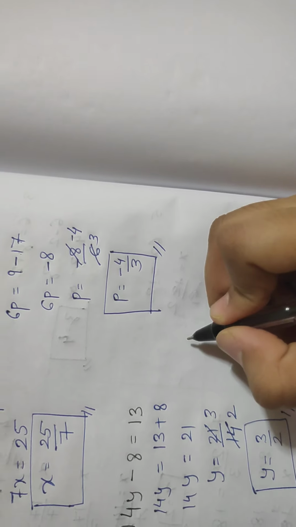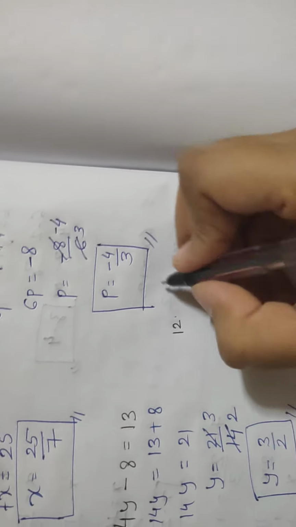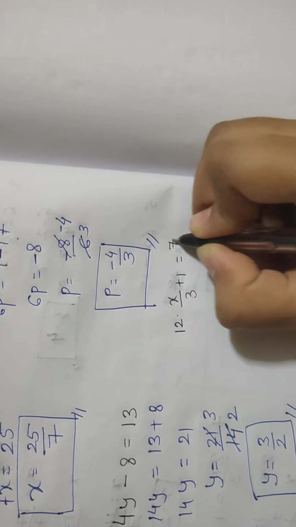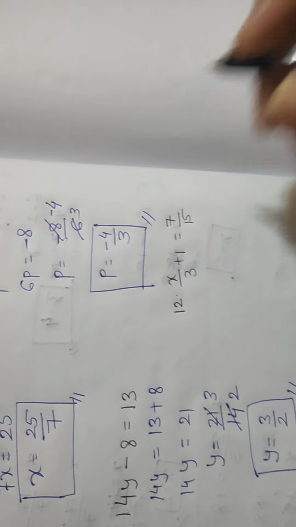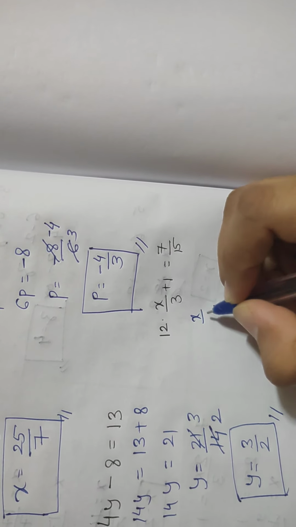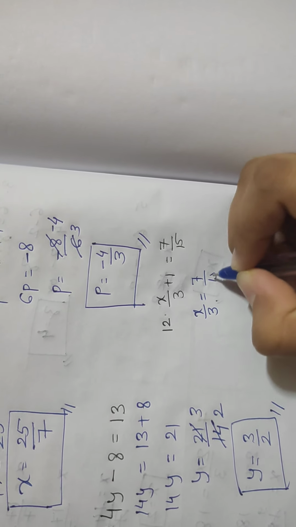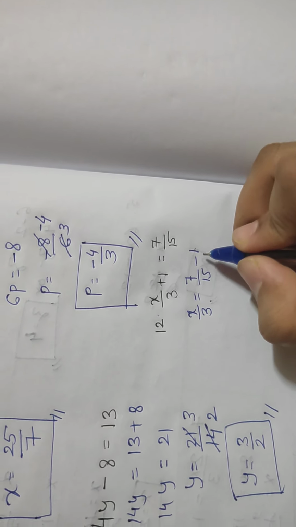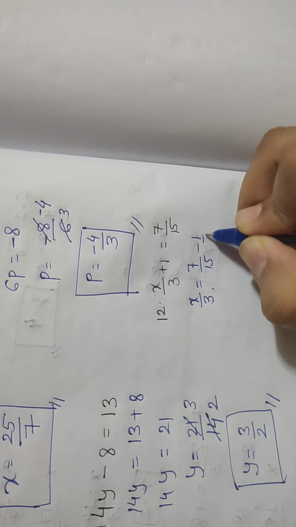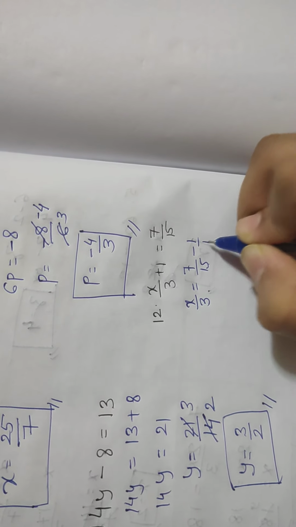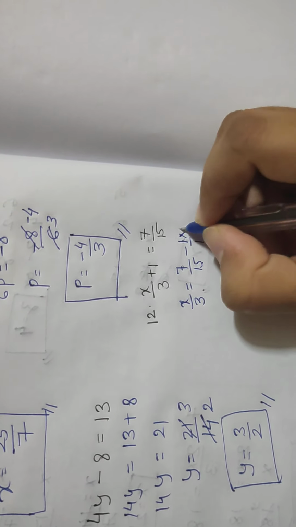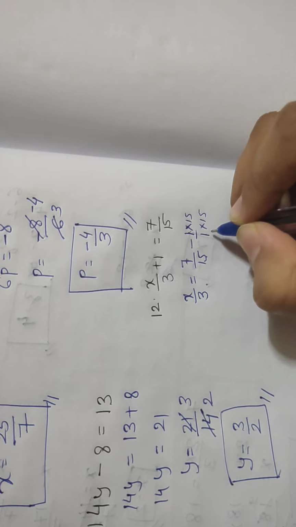Question number 12. Okay. In question number 12 they have given x upon 3 plus 1 is equals to 7 upon 15. Okay. So first we have to take this plus 1 from this side to this side. So it will be x upon 3 is equals to 7 upon 15 minus 1. So here, as nothing is there, we will find that the denominators are not same. Here if nothing is there, that means it is 1. So it is 15, it is 1. To add or subtract the numerators, we need to have the same denominator. So we can multiply and divide it with 15 so that the denominator is same, that is 15.